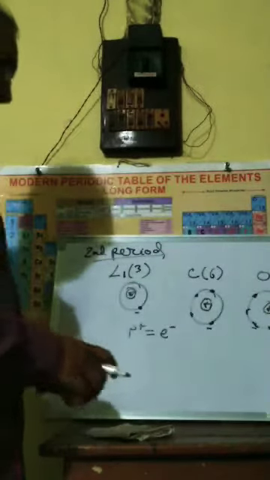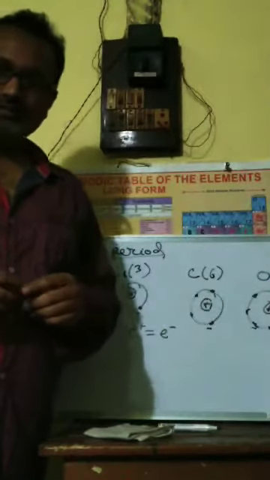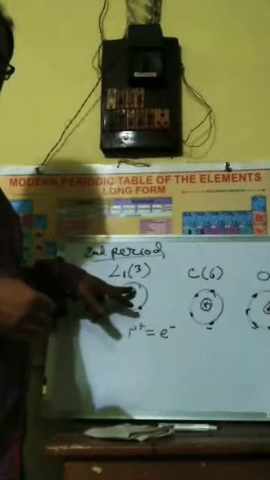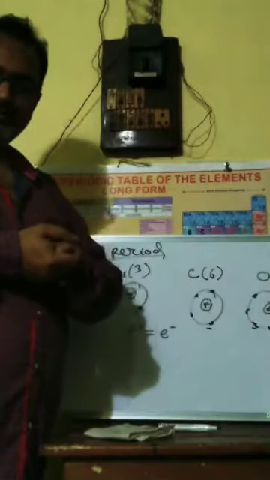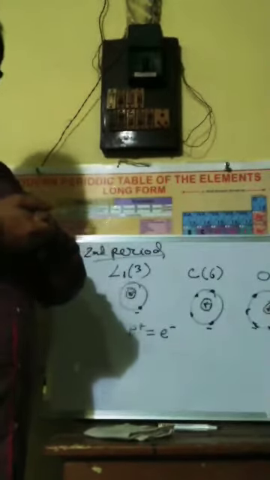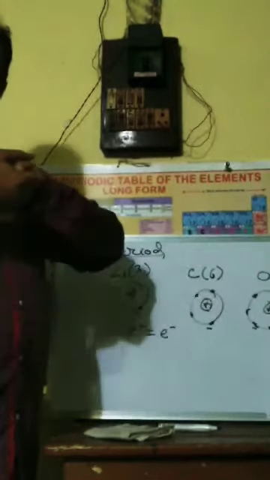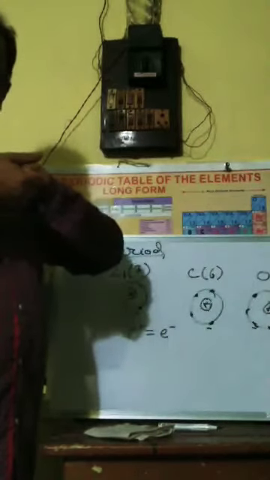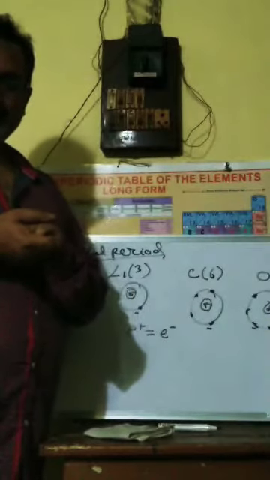And we know that there is always an attraction force between the positive and the negative charge. So now 3 protons will hold 3 electrons with a force. They will be held together. Now here is 6 protons and 6 electrons, they are holding together, and here is 8 electrons and 8 protons holding together. Now where will the force be more?